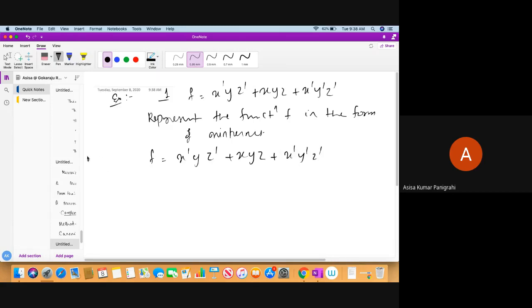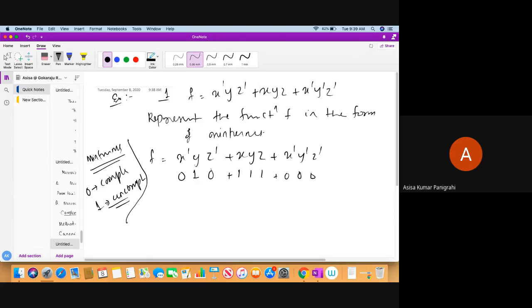So what we know in min terms, while you are converting, finding out the min terms, 0 is in complemented form and 1 is in uncomplemented form. You know it. We have seen those terms and designations. So you just put it over there. Wherever the complement form is there, put 0. Wherever the uncomplement form is there, put 1. Here uncomplement form, just put 1. Here again complement form, put 0. So finally find out the designation, the decimal equivalent.